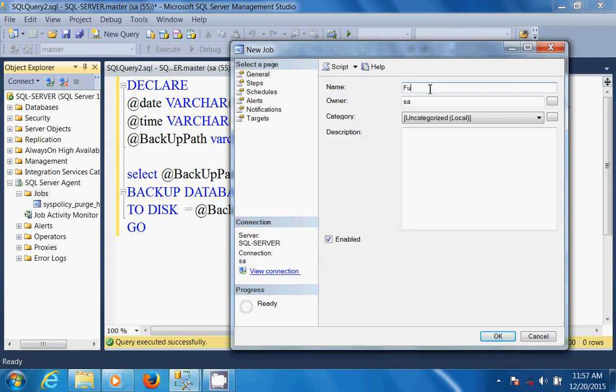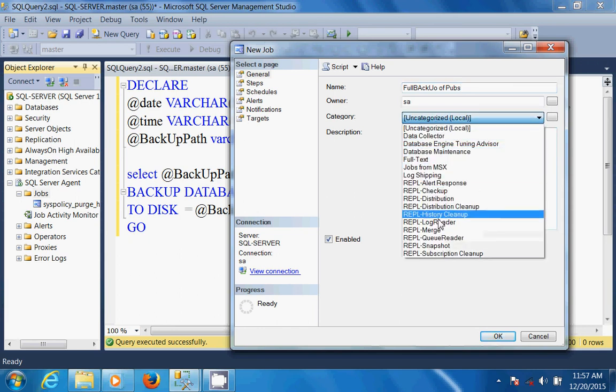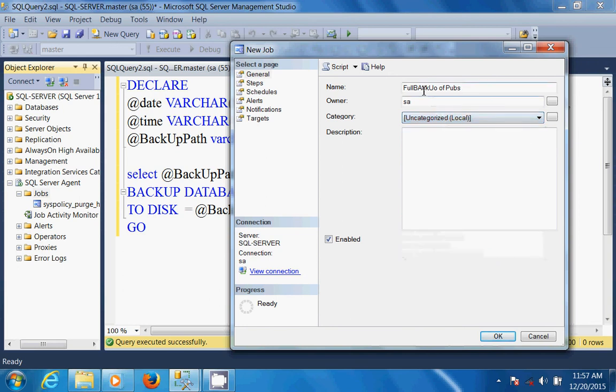Full backup of pubs. The owner is the system administrator and it is uncategorized because we do not have any option for backups. See here, no option for backup. So I choose it as uncategorized.